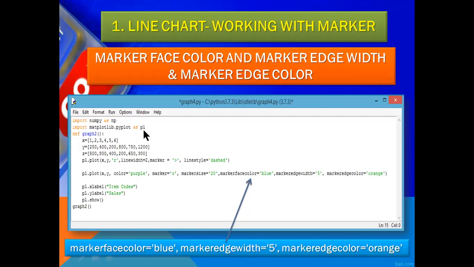This is the matplotlib pyplot name. pl.xlabel is the item code which will show at the bottom of the line, and pl.ylabel will display sales. The title is not given, but you can write pl.title also. pl.show means whatever you are doing here will be displayed. Now what is graph2? This is the function name. Using the function name, you just have to call it.